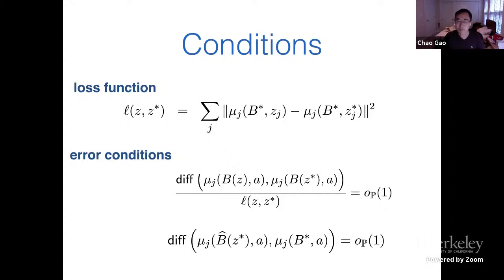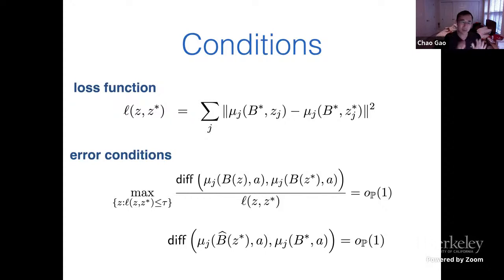So here, I apologize for being sloppy. If you want to know the exact definition of the difference function, these will be made specific in the paper. You can look at the definition, but it's quite complicated. I don't want to go into details. But roughly speaking, what I require is that the ratio between the difference between the two mean functions and the corresponding difference in terms of loss is of smaller order, is of order little o(1), with high probability.